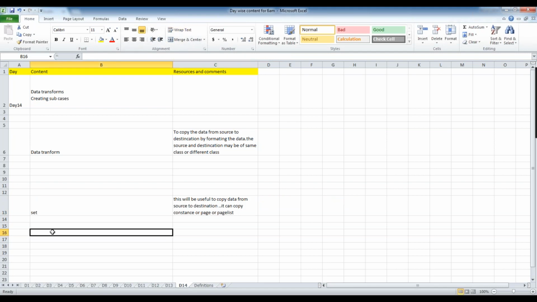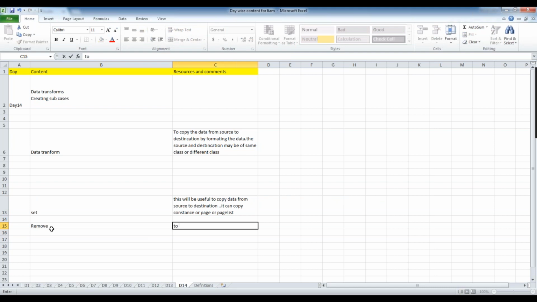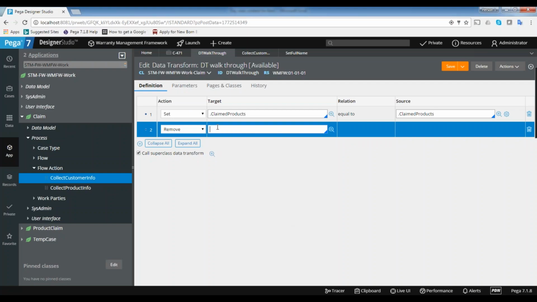And the next one is remove. So remove will be useful to remove a page or properties from the clipboard. For the remove action we don't require a relational source because we just need the target.